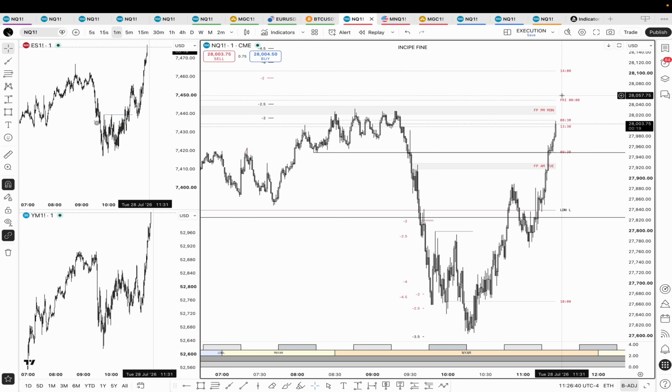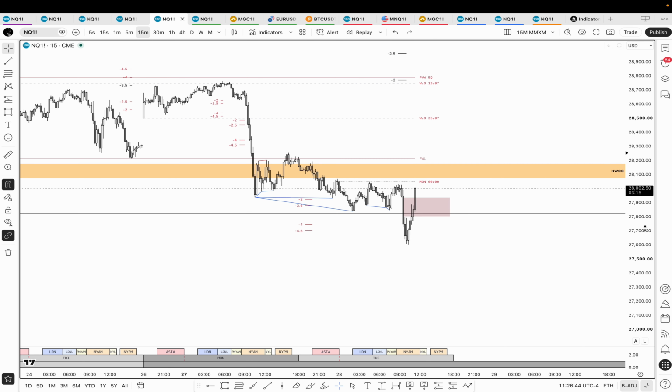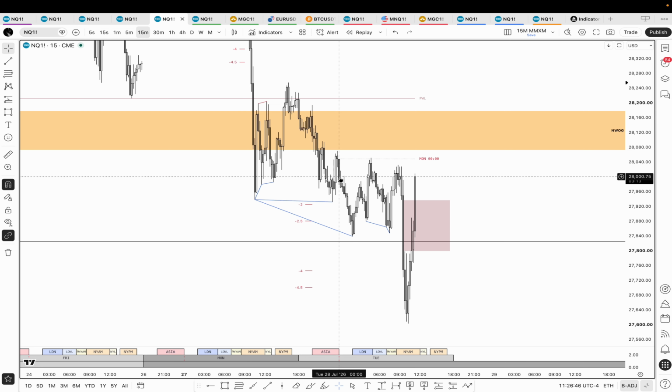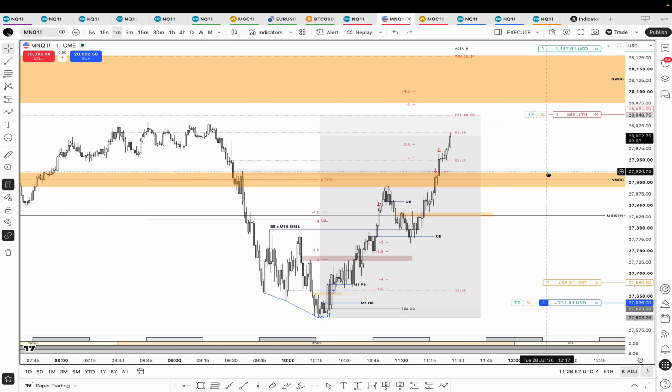NASDAQ is drawing towards this midnight opening for today's trading. If we take a look at it, midnight opening being a devil's mark, we had the London session deliver into that midnight opening and then invite that sell side delivery motion. But yeah, very, very nice push being